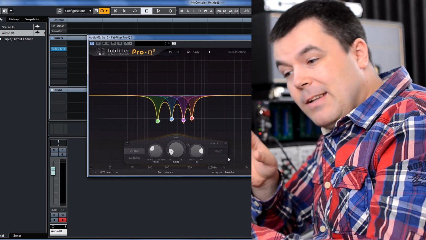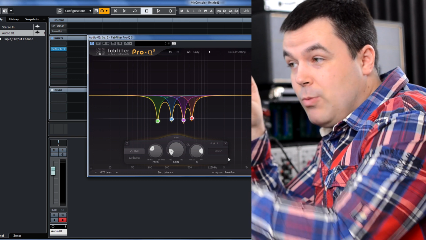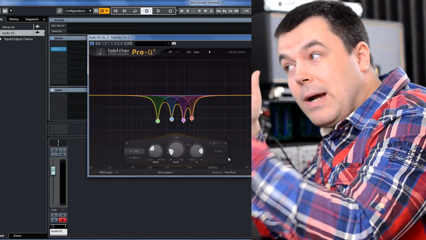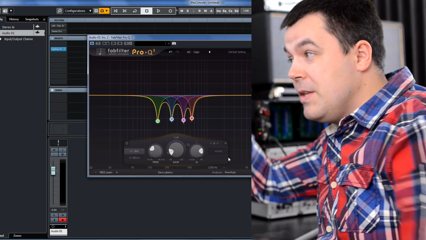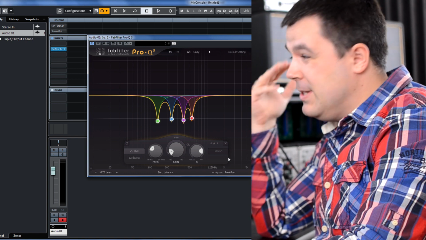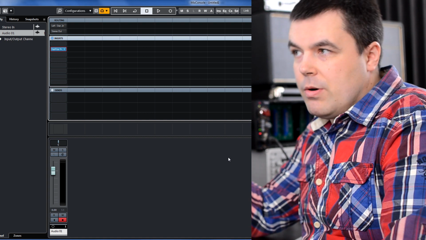When voice has a lot of lows, but sibilances, those sibilances don't look that bad. But when you cut all this bottom end from the voice, you don't have anything to compensate this top end of the voice, and this top end starts to sound much more pronounced. So voice sounds more harsh, and you definitely would need to apply a de-esser and all this stuff. But again, what can I teach you in this short video, right?